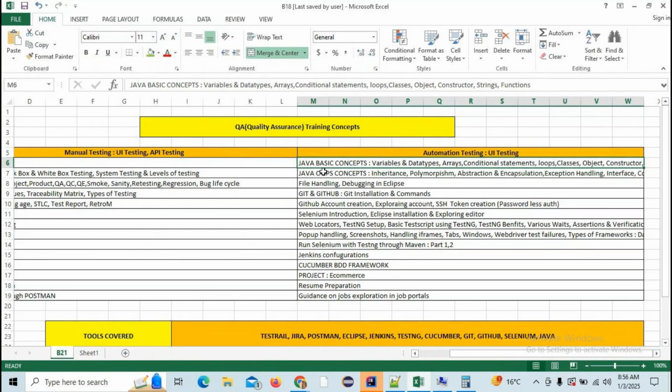And later on we can discuss file handling: how to create a file through the automation, how to create a folder through the automation, how can we edit the data in the file through the automation, how can we fetch the data from the file through the automation. We are going to see all of it. And next, Git and GitHub. We are going to see the Git installation and commands, and GitHub account creation,